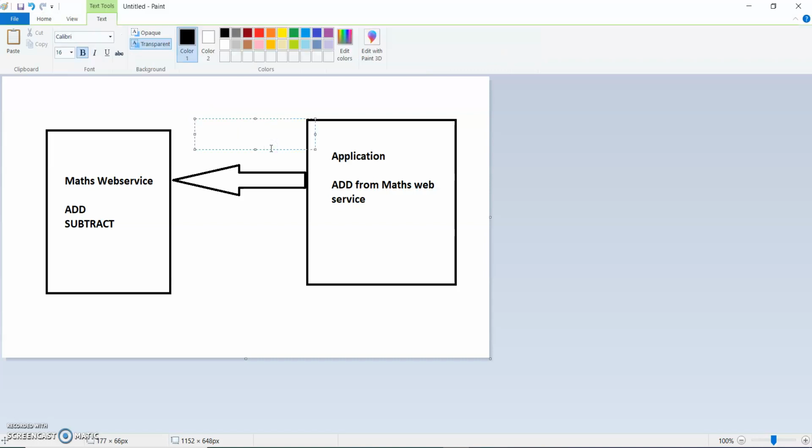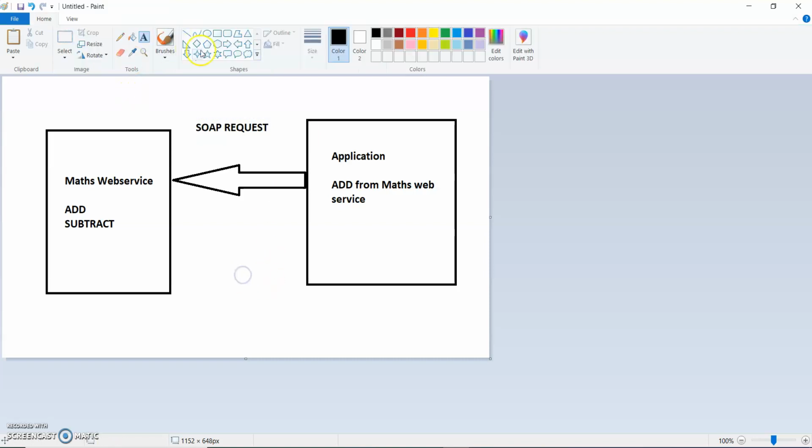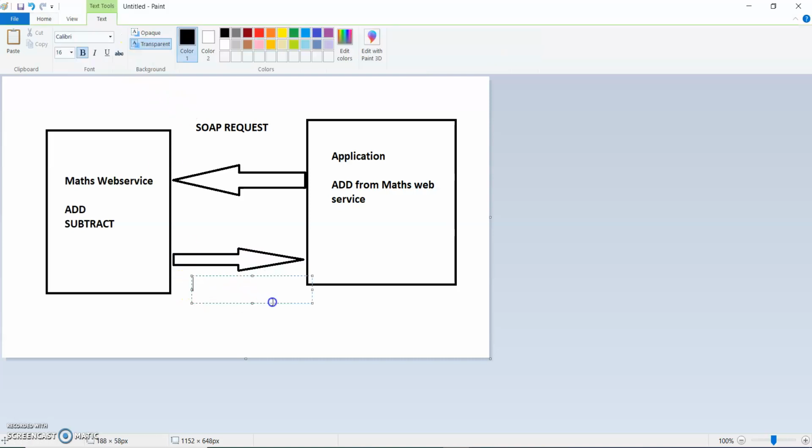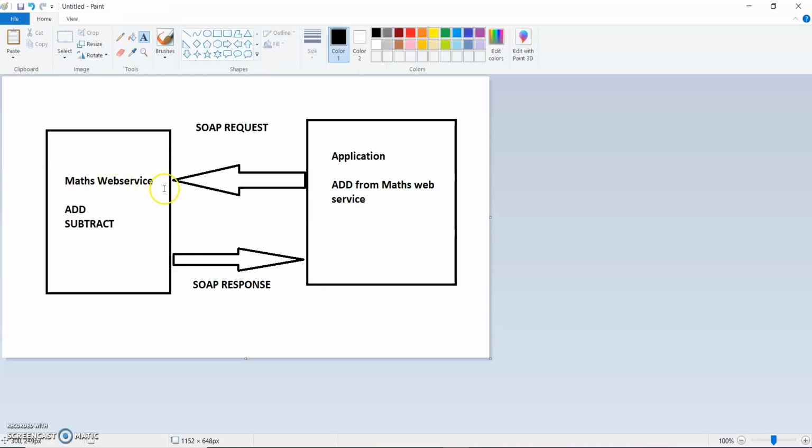It is a SOAP request, and then it gives me a response. So it is also a SOAP response which is given by my maths web service, right? So this is the SOAP request and it supports only XML data, right? So this is my first point. Hopefully you understand what is a SOAP and how it will work.